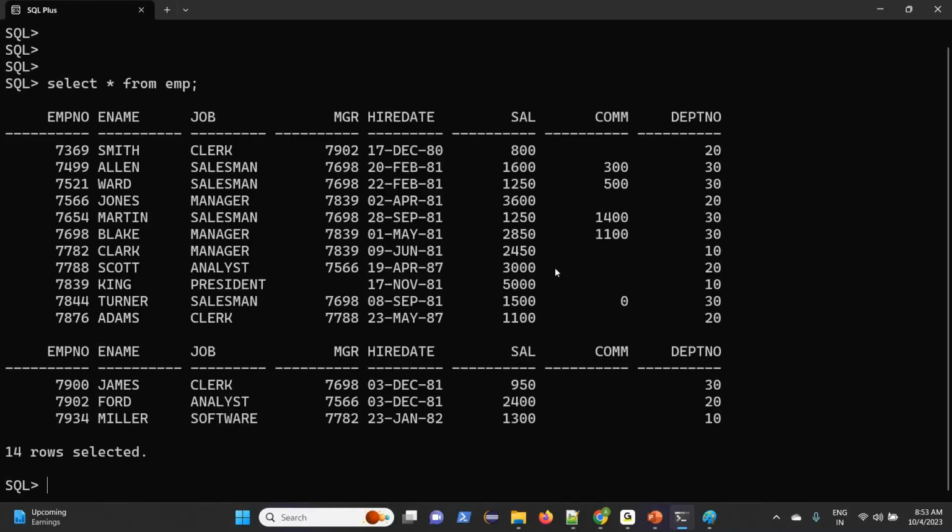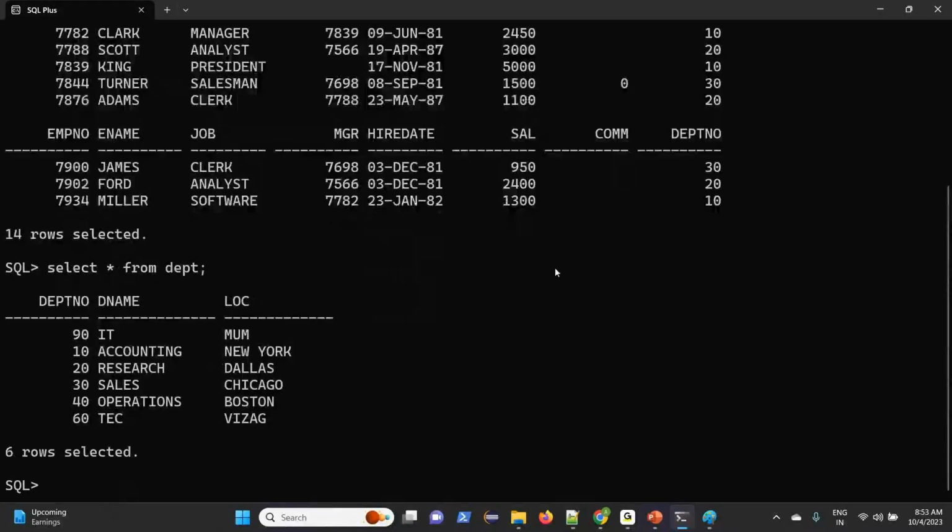3 departments: 10, 20, 30. Now in the department table, how many departments are there? 6 departments will be there. That means 10, 20, 30, 40, 60, 90.